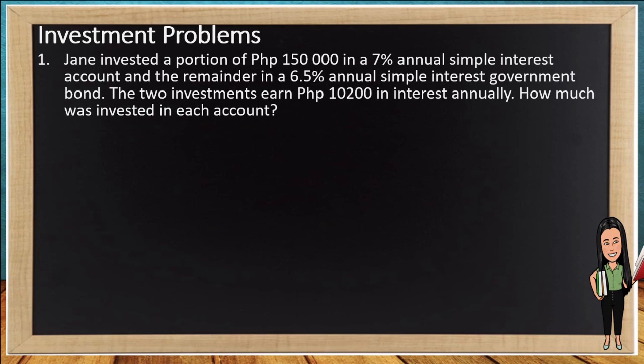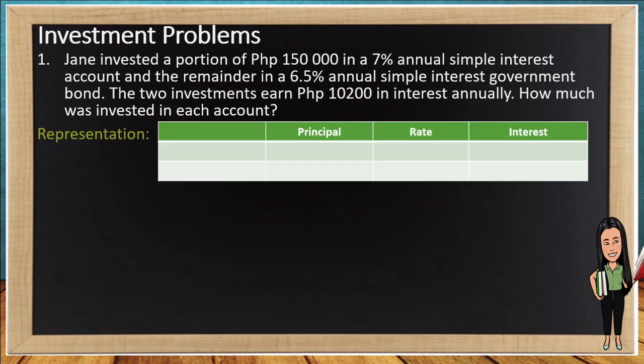Let's have an example. Jane invested a portion of $150,000 in a 7% annual simple interest account and the remainder in a 6.5% annual simple interest government bond. The two investments earn 10,200 pesos in interest annually. How much was invested in each account? So first, we represent all of the given. According to the question, Jane has two investments. One is for a simple interest account with 7% interest, and the other is in a government bond